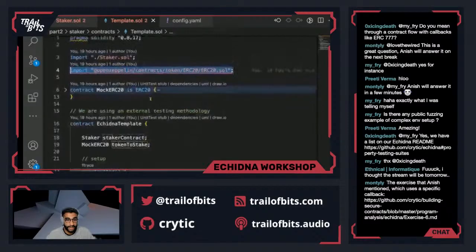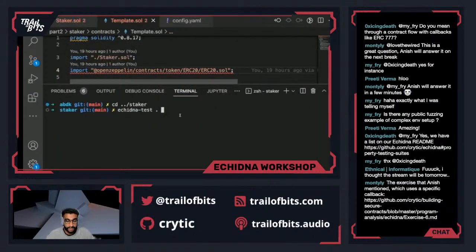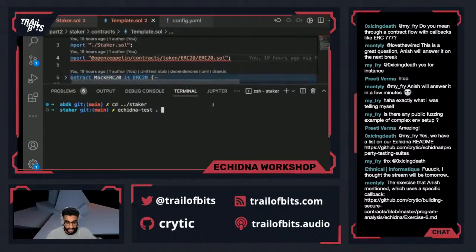And Echidna, just by compiling the Echidna template or everything in this file, has no idea what I mean by OpenZeppelin contracts token, whatever, right? It's not something in the local directory. It's a third-party dependency. And so now, because Echidna will internally depend on crytic-compile, which will then handle using Hardhat for compilation, you're basically saying Echidna will compile this project exactly how this project would be compiled by default. So we're compiling this entire project, and then I still have to provide its first input, which will be